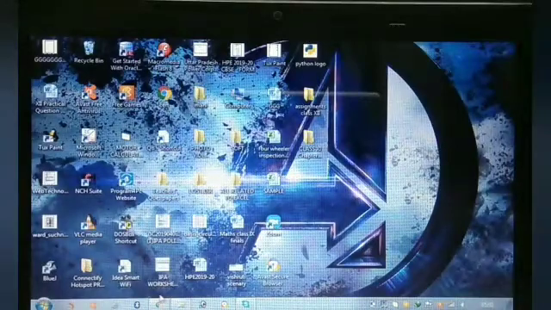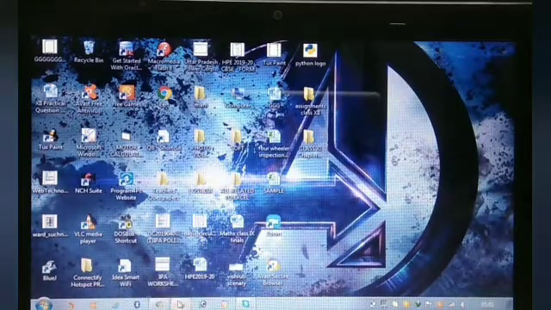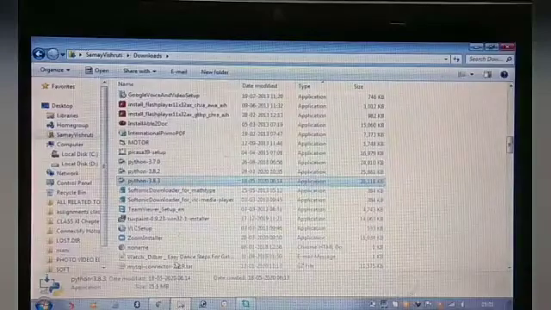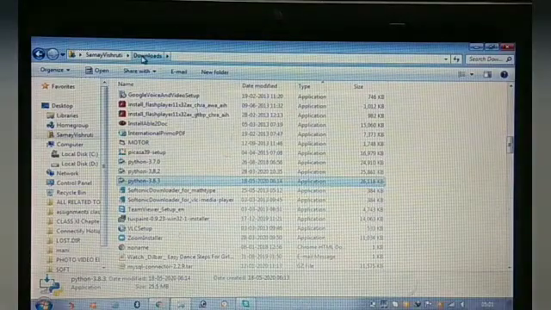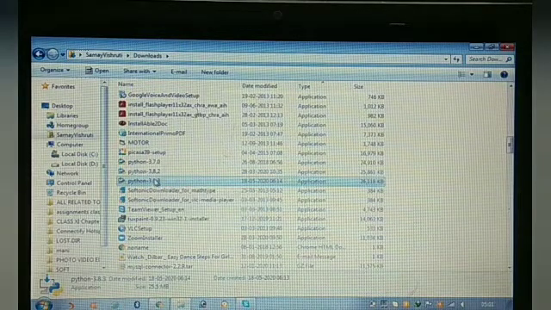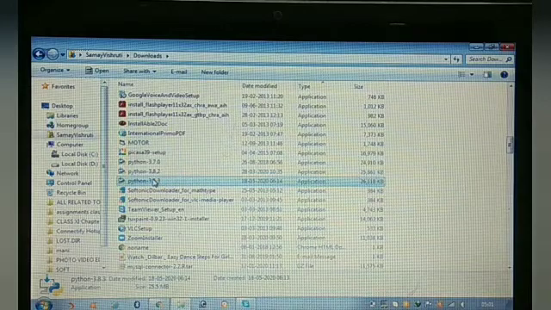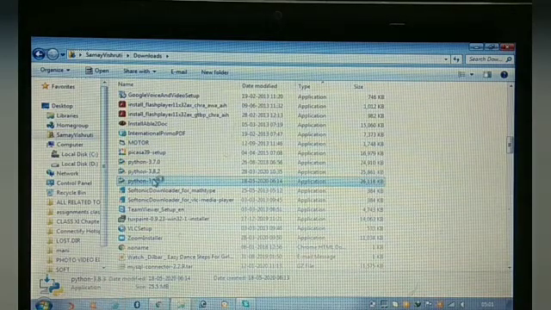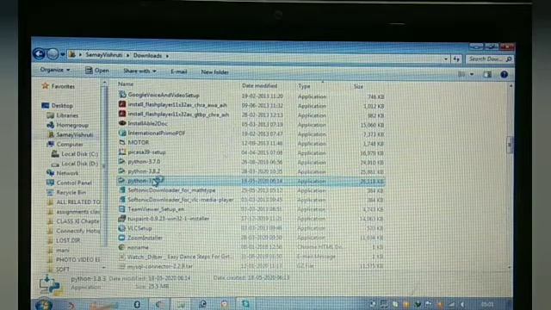After that, I've already installed it. It is actually in my downloads now. So after the installation, it means after copying up the Python 3.8.3, just go to downloads and double click on Python 3.8.3.